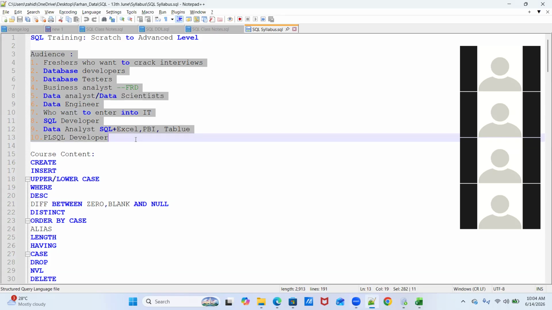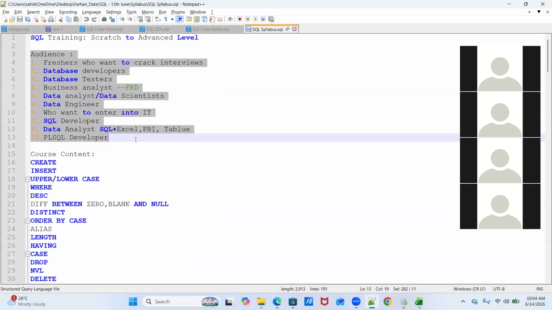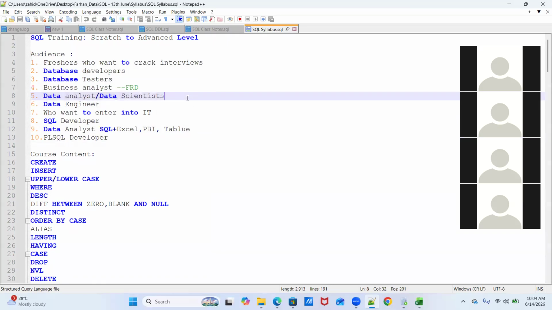Now there are more profiles as well, like AI developers and Gen AI developers. There also you must have knowledge of SQL. Then only you can move forward with AI technologies or Python or data engineering concepts. Okay. So if you have any doubt regarding any profiles, you can ask questions throughout the session. As I made it clear yesterday, I want the class to be interactive, so you have full freedom to ask any questions during the class.